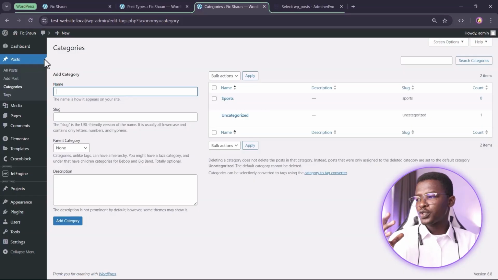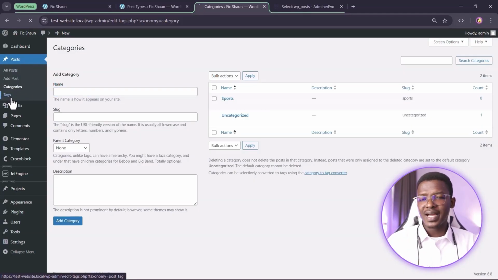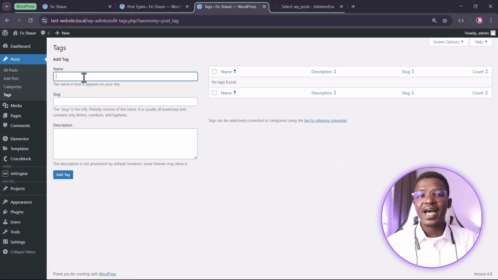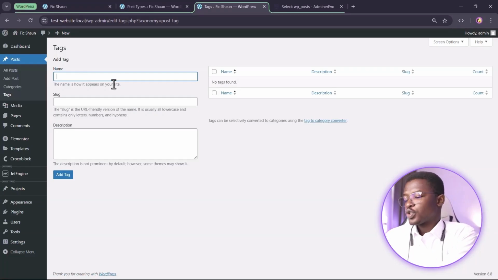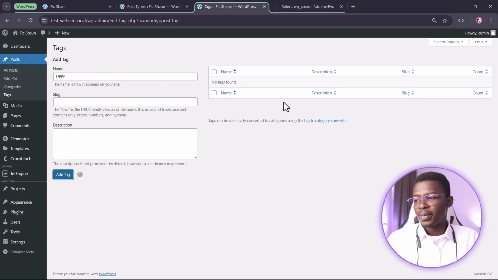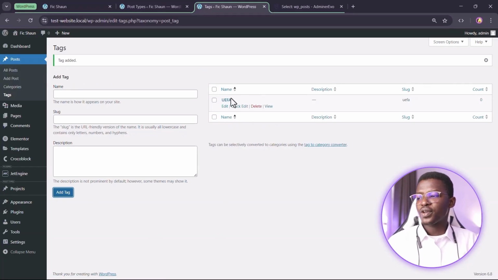Now, if you take note under post, you have another taxonomy type here called tags. If you click on tags, you can add new terms to the tags taxonomy. So let's try to do that. So let's say we want to add a new tag and we want to call this UEFA. If you don't know what UEFA is, it doesn't really matter, but it has something to do with sports anyways, right? Now, if we click on add tag and we just add that inside of here,